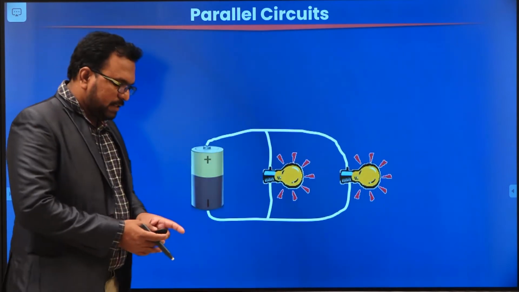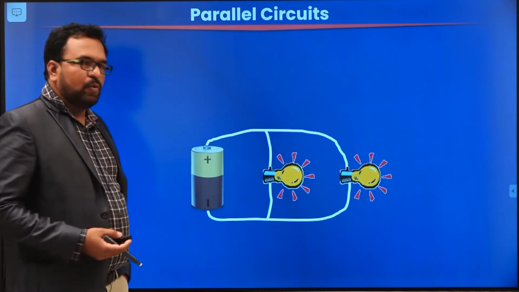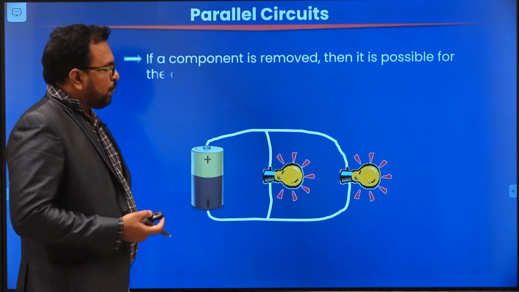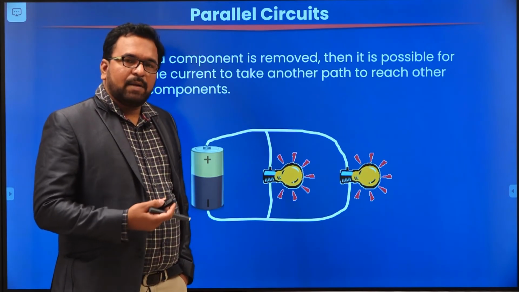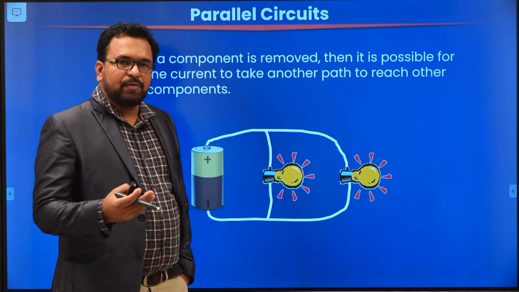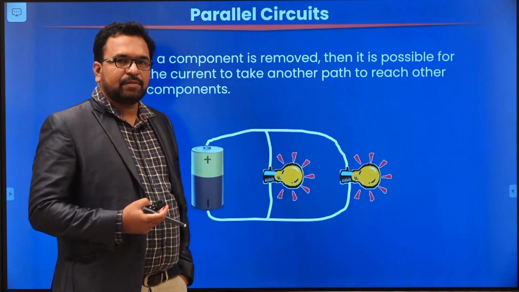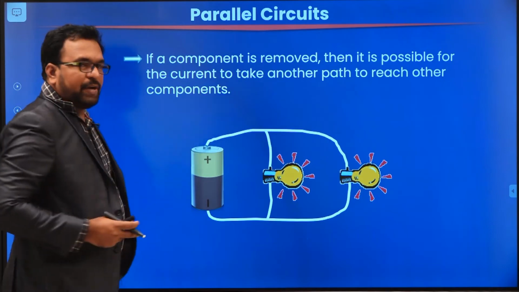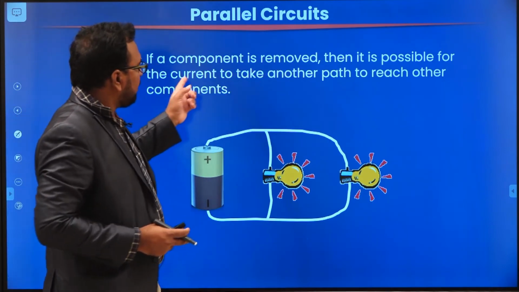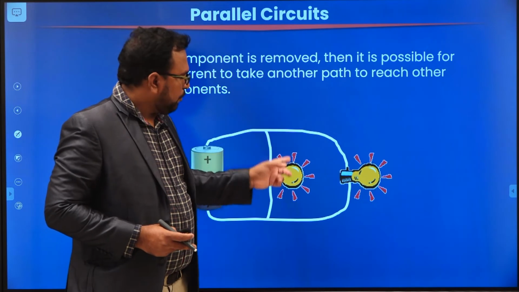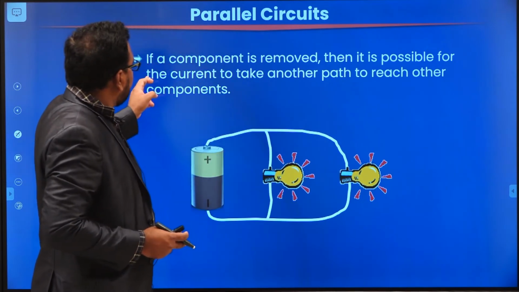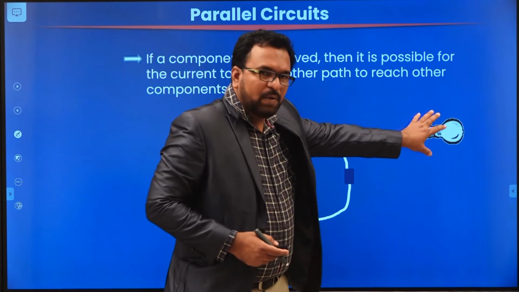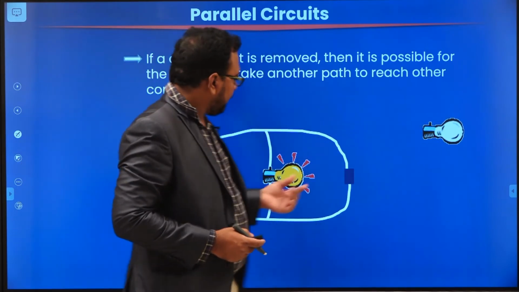Okay. Now let us see what happens when you remove one of the components in case of a parallel circuit. In a series circuit, if you remove one bulb, the other bulb will turn off. That means when one component is removed, the other component doesn't function in a series circuit. In parallel circuits, when you remove a component, it is possible for the other component to work. Suppose I have removed this bulb; that means this bulb is not getting supply, which is why it turned off. But what about this bulb?